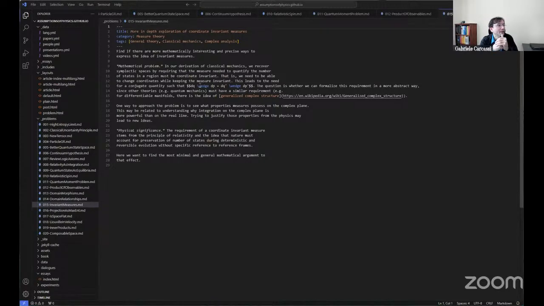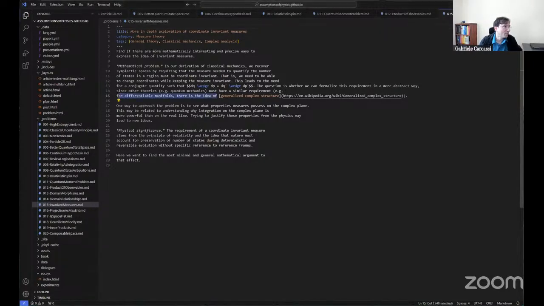That's the idea. And so the question is whether we can formulate this requirement in a more abstract way, since our theory, quantum mechanics, must have similar requirements. For example, for a differential manifold, there is the idea of generalized complex structure. And I think actually the right thing here might be the Poisson structure, because that's what